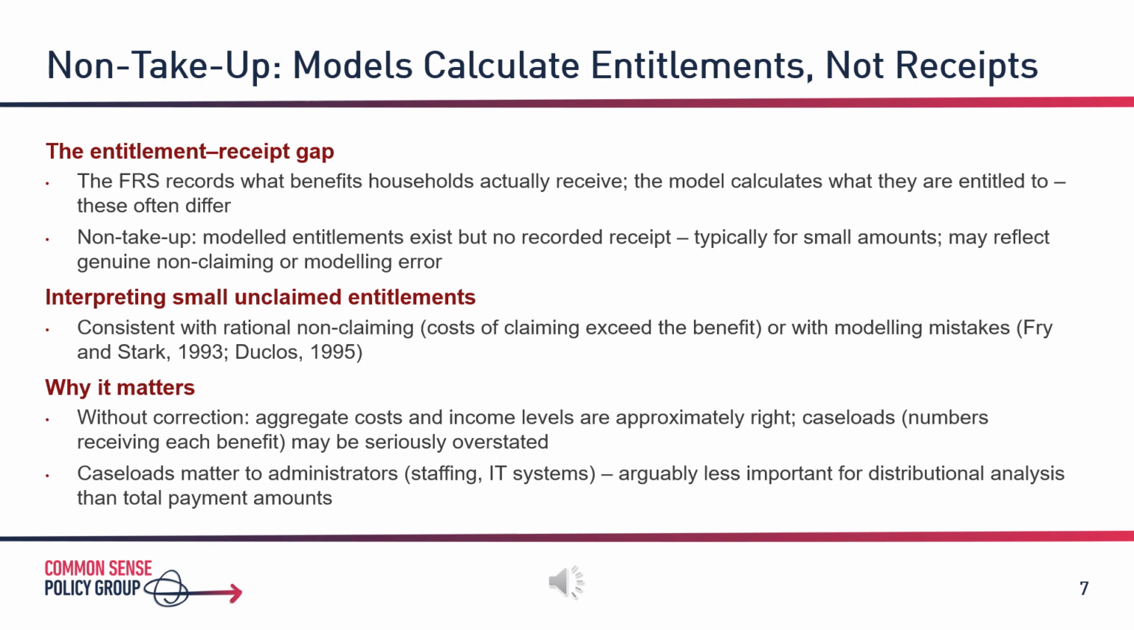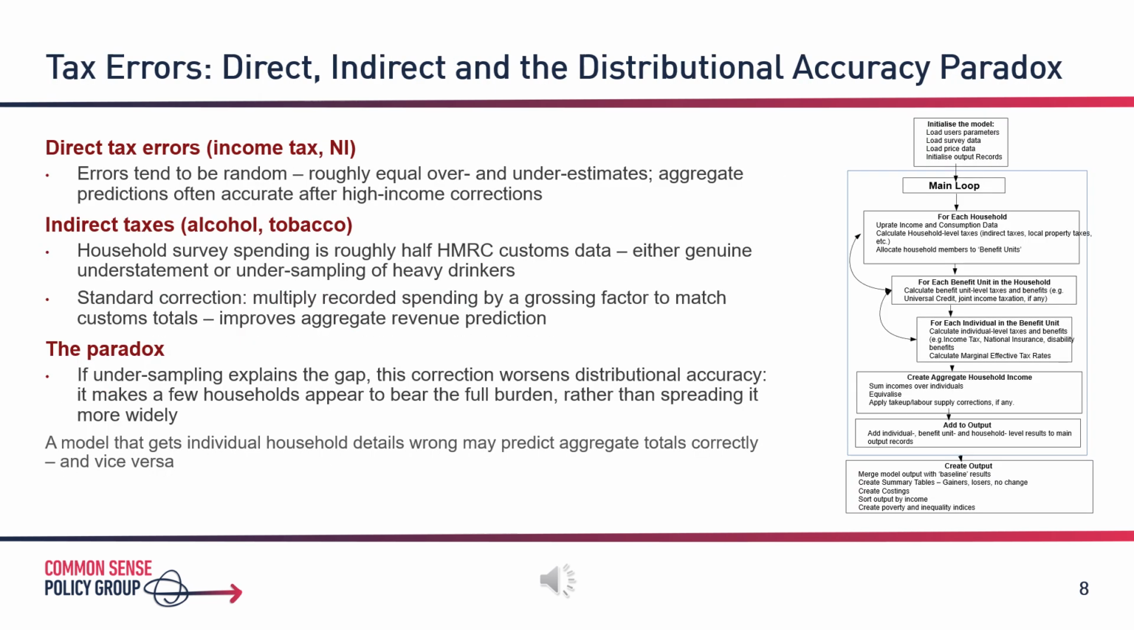They determine how many universal credit case managers DWP needs, how many computers the benefit processing system requires. But for distributional analysis of income changes, they are a secondary concern. The pattern of errors in tax modelling differs systematically between direct and indirect taxes, and understanding this difference matters for